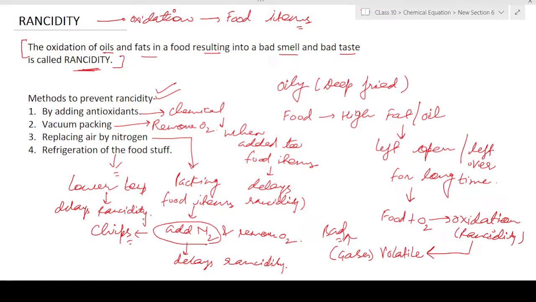So with this I have finished the chapter Chemical Reactions and Equations. In my next session I will be doing previous year's questions and answers from this chapter, and till then,